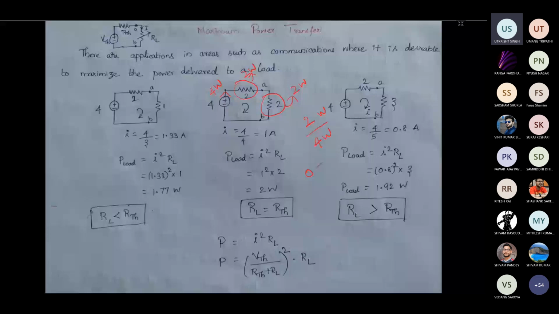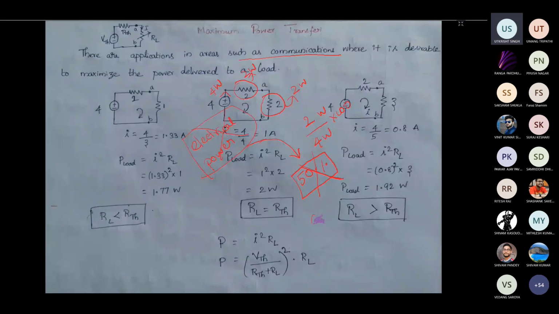With this 50 percent efficiency, I cannot run the power system or operate the electrical system. So this is the maximum power transfer theorem. It is mainly applicable for communication purposes. It can never be used on the electrical or power system side because it is going to have a maximum efficiency of only 50 percent. So we cannot use the maximum power transfer theorem to transfer the maximum power to the load in an electrical system.